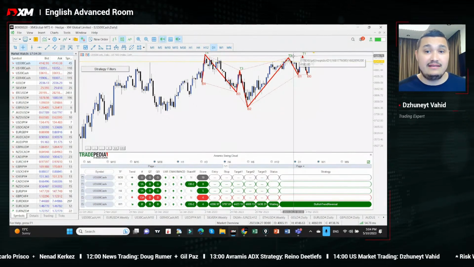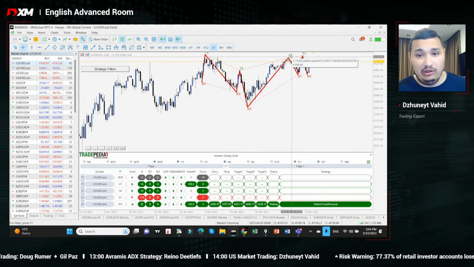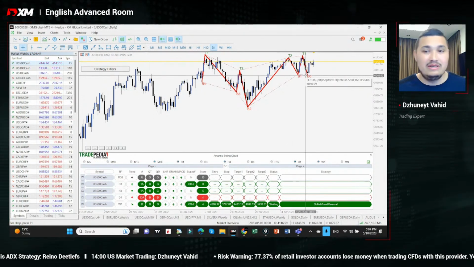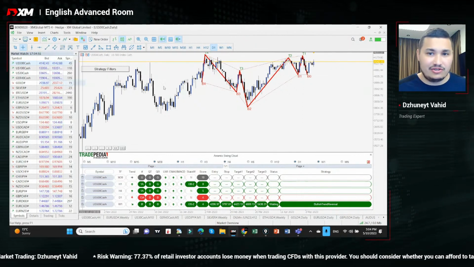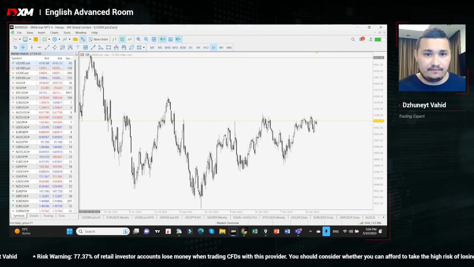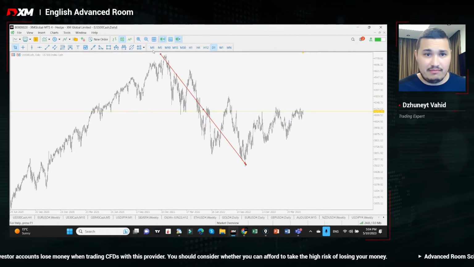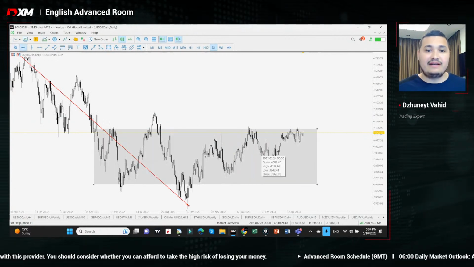The reason for that is we never broke the previous highs. We stayed below that. The market is currently creating lower low or equal low. It's not that bullish. Okay, so I'm going to go for a clear and naked chart here, guys. Zoom out. After having this big bearish market on S&P 500,